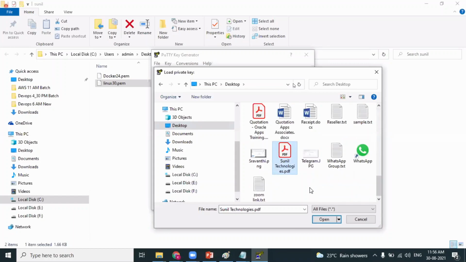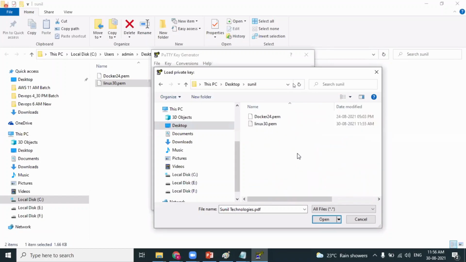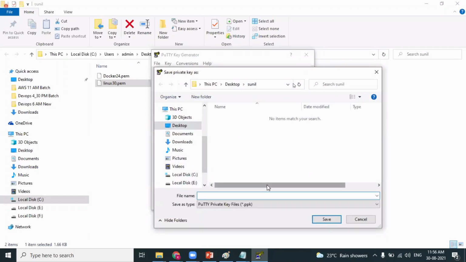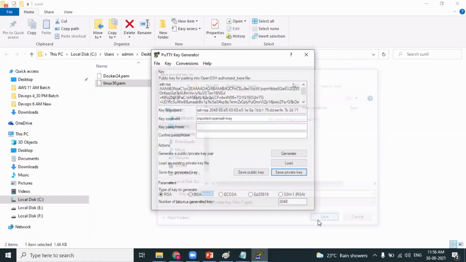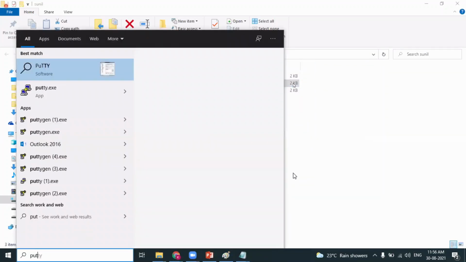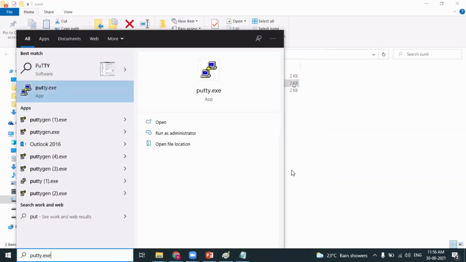On the desktop, there's a folder called Sunil folder. This is the PEM file. Save private key, yes. This is the PPK file.